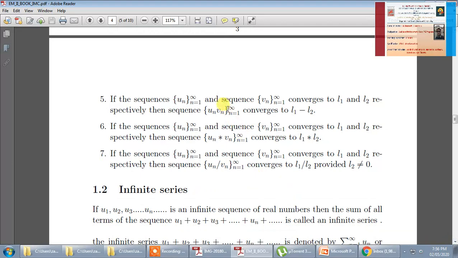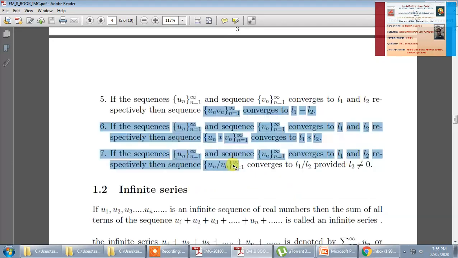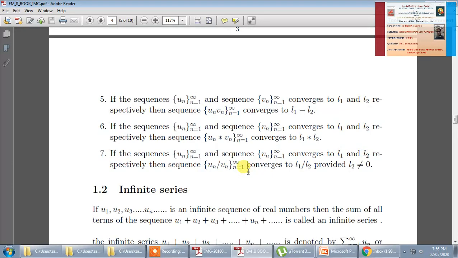So these are very precise properties. This is basic material which is not a part of your syllabus. The actual thing that we are going to start in our next lecture is the infinite series: what a series is, and how to test its convergence and divergence using different tests. We are going to discuss that in our next lecture. Thank you.